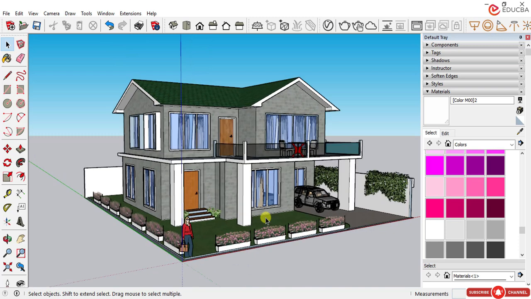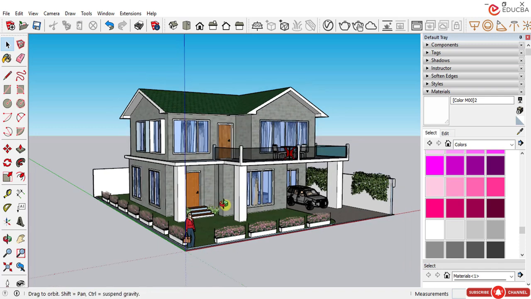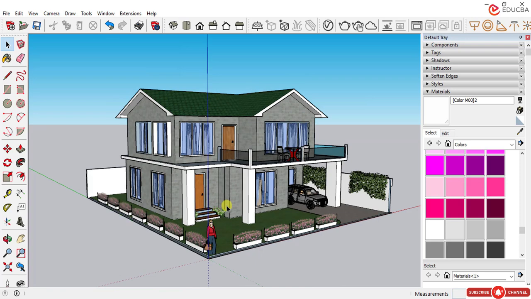So this is how I have designed the urban duplex house, or urban duplex villa, ground plus one, and now